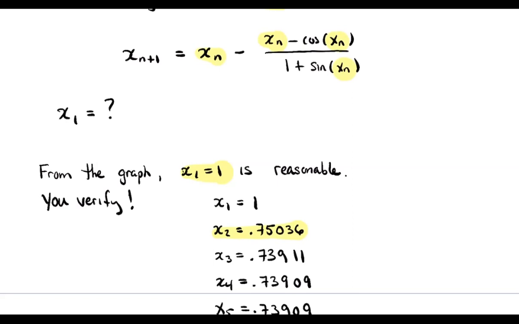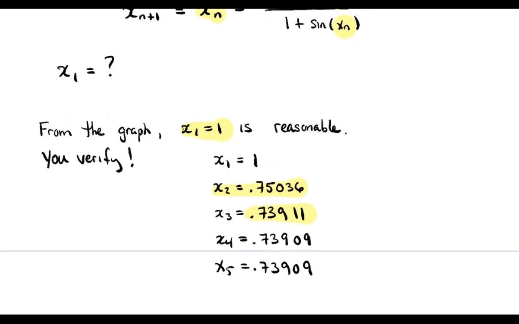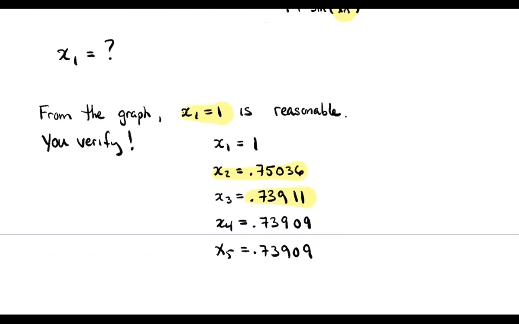And then you take that x2 and you plug it in everywhere that there's an xn in your formula up there, and it'll tell you what x3 is, and so on. So check these, stop the video, take a few minutes and check them. And you can see by the time I switch from x4 to x5, the answer didn't change out to 5 decimal places. So I'm going to take x star to be this number,